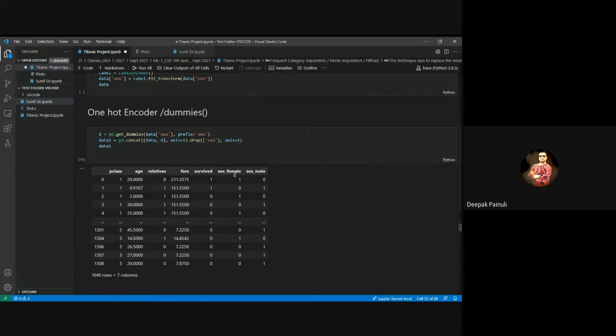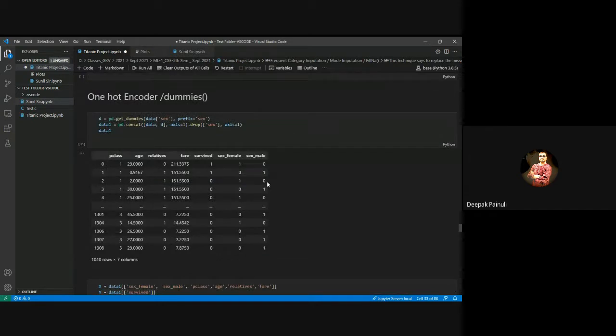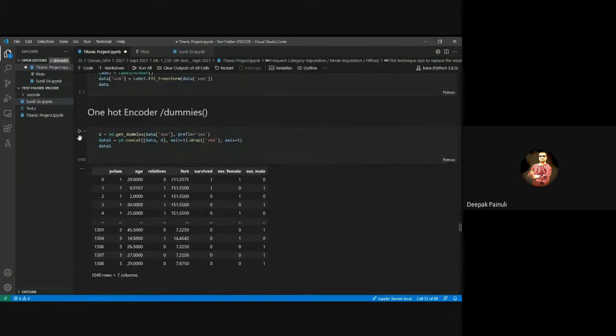So it is going to create two further columns, where it will put 1 for female and 0 for male. And in the case of sex male, it will put 1 for male and the rest will be 0. So it's good to have one hot encoding because it is much easier to understand and easier to infer rules from it for any algorithm. So let us use one hot encoding, right?